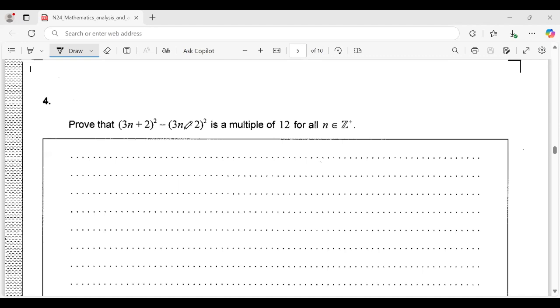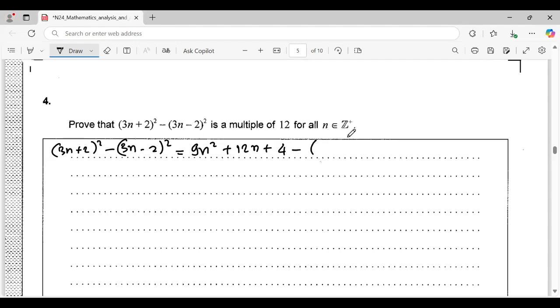I would like to expand this. (3n plus 2) squared minus (3n minus 2) squared equals 9n squared plus 2 times 3 times 2, which is 12n, plus 4,